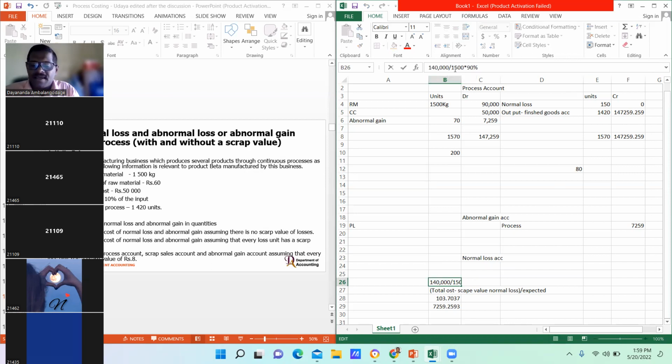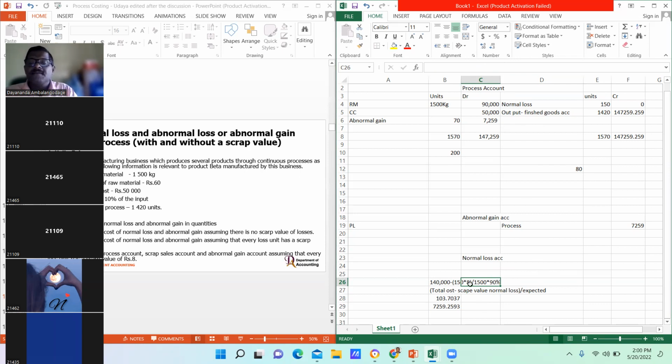Now what happened is 1,040,000 minus 8 rupees into 150. 150 into 8 rupees. Is it clear? That is the scrap value. But this one will not change. So are you clear? So what I'm trying to say is